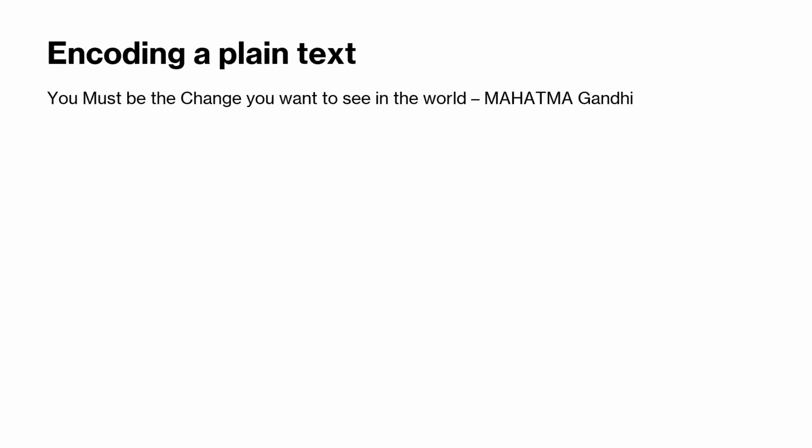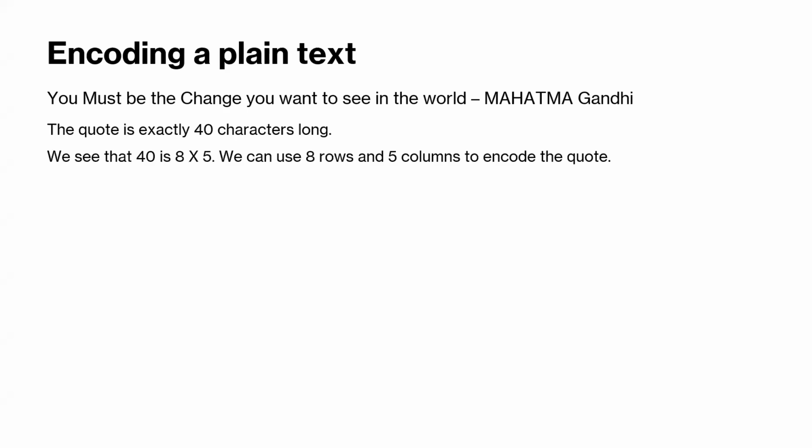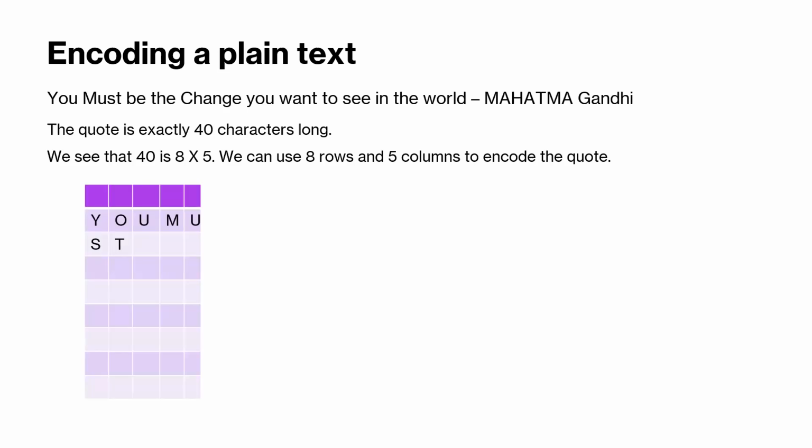We see that this quote is exactly 40 characters long, right? So we can divide this into, so 40 is 8 times 5. So we can use 8 rows and 5 columns to encode the text. So the way to do this is we create a 5 by 8 grid, right? And start writing the plain text